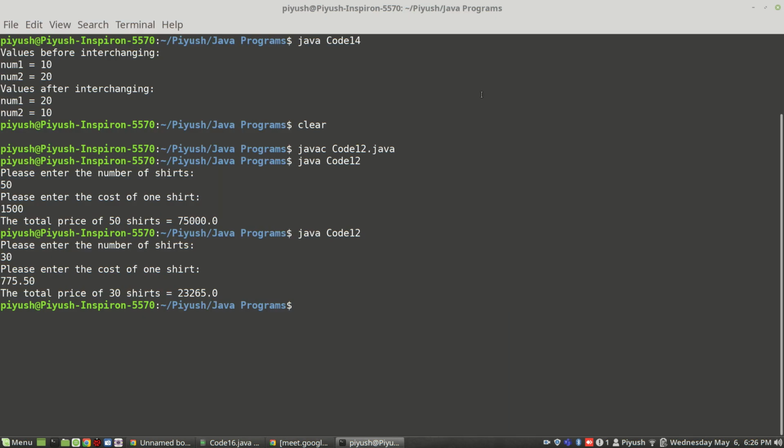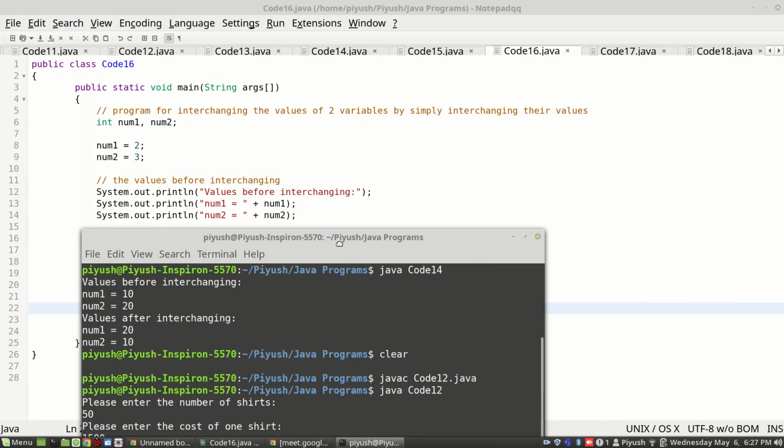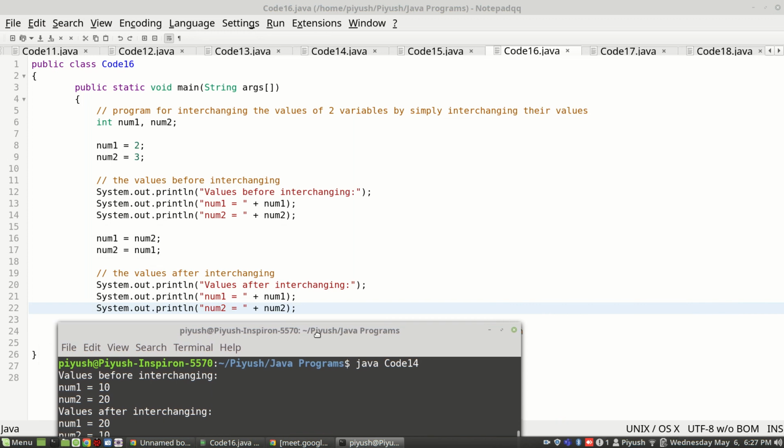Code 16. Can you just go back to the code for 1 minute? Sure. So here, after that comment, the values after interchanging.